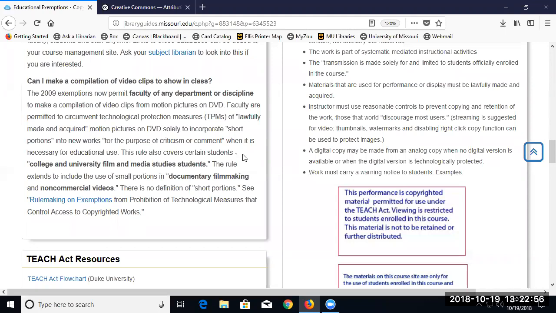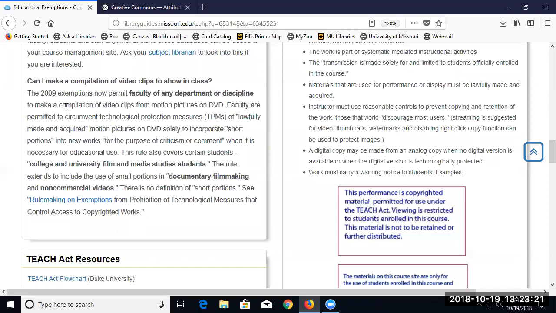And this involves several different layers of copyright. One part is you have to break the encryption on the DVD in order to capture the video to start with. That would typically be a violation of the Digital Millennium Copyright Act. And then you're reproducing it and you're showing it. So there's several different layers going on here. There was an exemption passed in 2009 that allows faculty, in the case of a DVD, to do that.